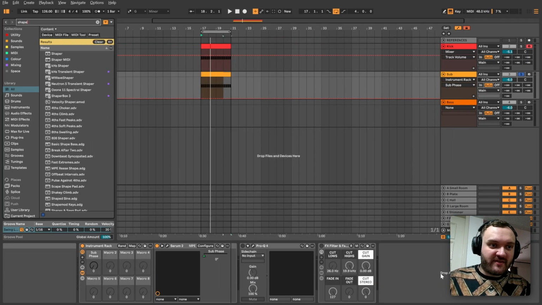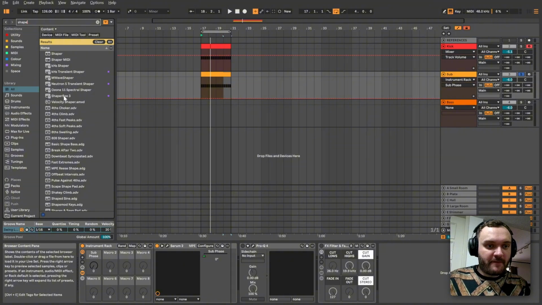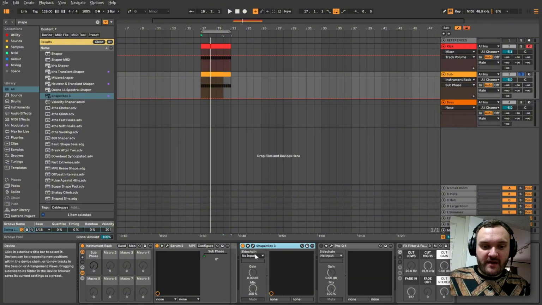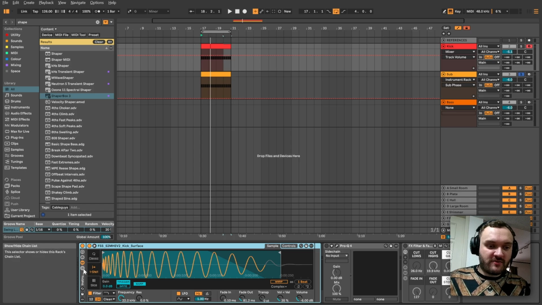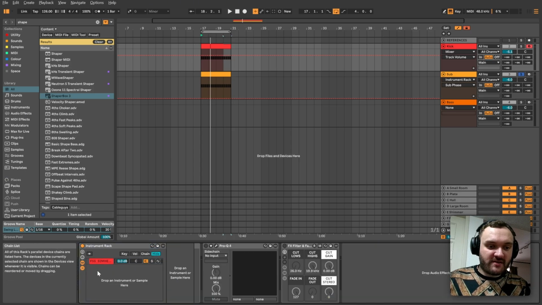We're not going to use it just yet. The next thing I'm going to do is grab a sidechain. I like using ShaperBox here, and I'm going to set the sidechain input to kick. However, because we want to use a MIDI input, I'm going to have to come back to the kick drum here. I'm going to have to put it into a group, and I'm going to have to create a new